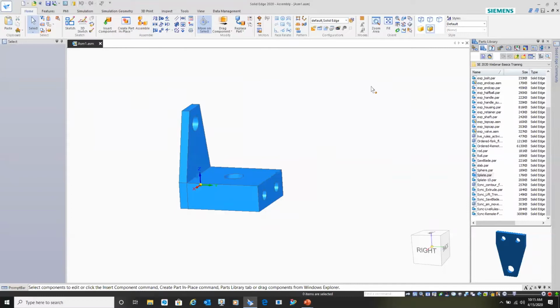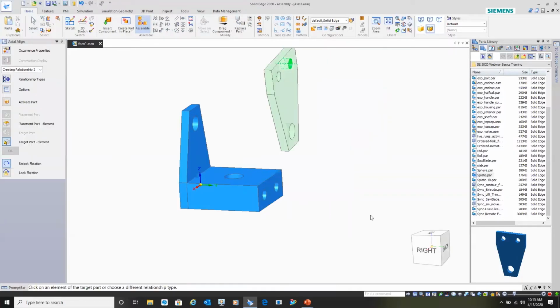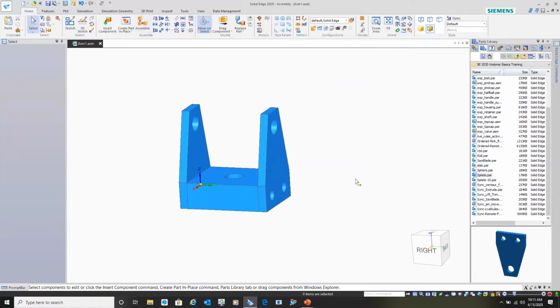And now when I drag this part in again, I can go in and select. Notice it's already saying what face do you want, and it's already put the mate relationship up here. And now it's going to axial and axial again. So 3 clicks and it's fully positioned. Now, when you use Capture Fit,